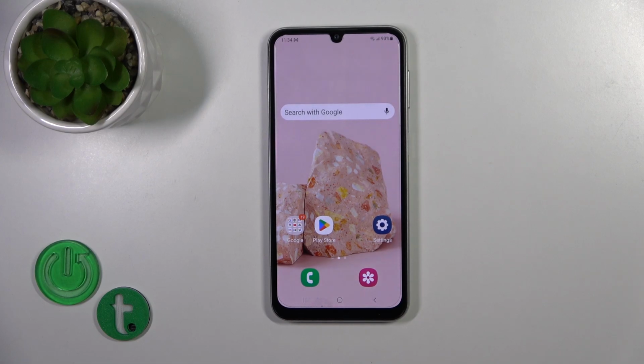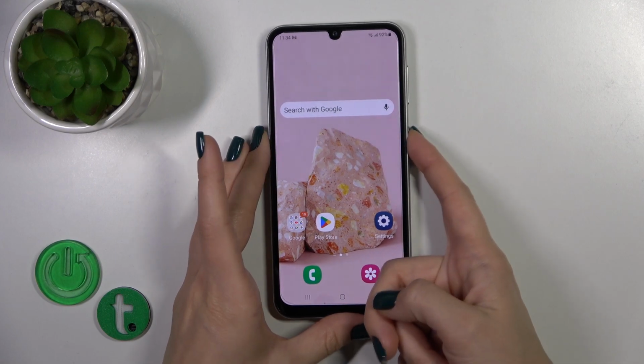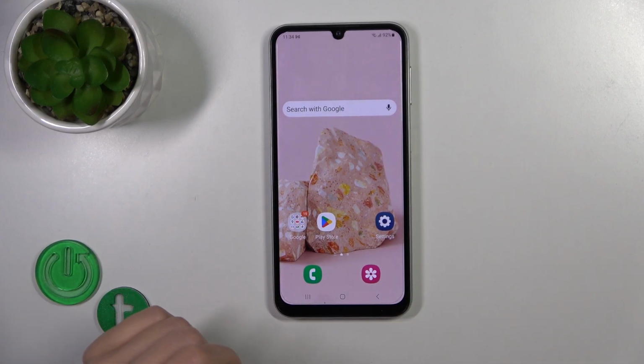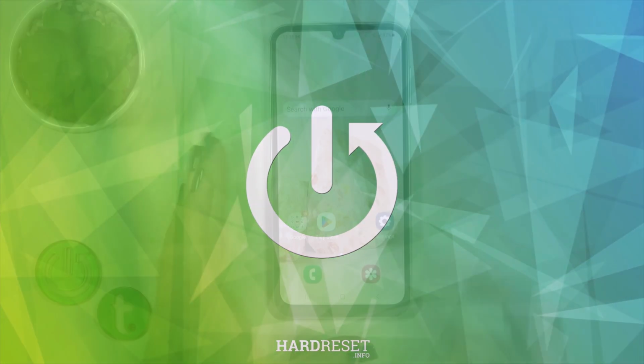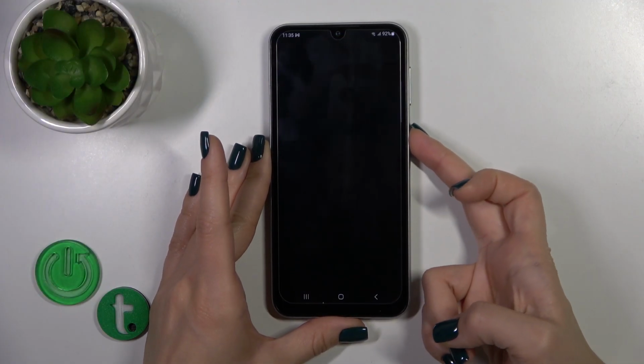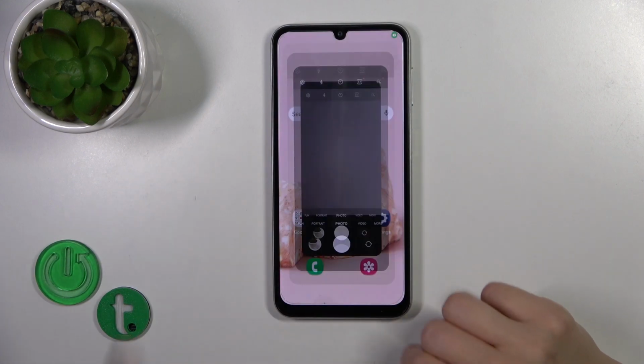Hi, this is the Galaxy A05S and I'll show you how to customize Quick Launch from Power Key button on this device. So now by double press to power key, we could see that the camera app is activated,